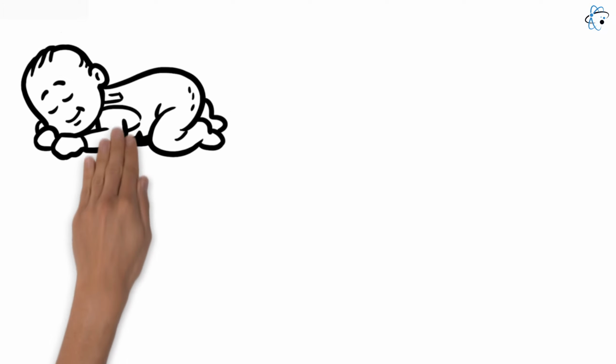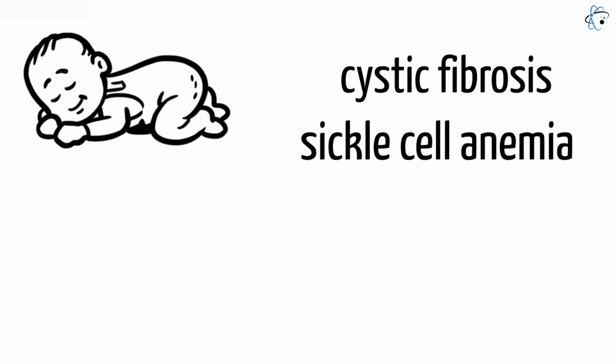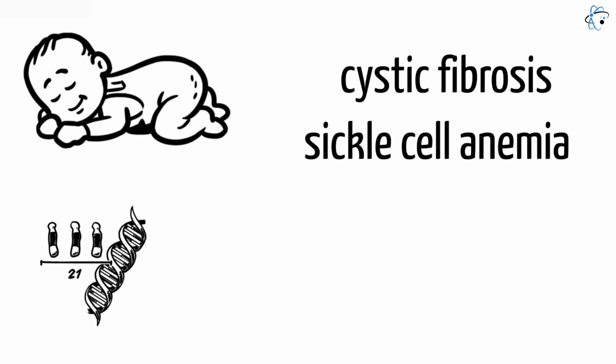PGD is usually used to prevent the transmission of serious genetic diseases or disorders to a child. For example, it can be used to identify and select embryos that do not carry inherited diseases such as cystic fibrosis or sickle cell anemia. PGD can also be used to test for chromosomal abnormalities such as Down syndrome, which can lead to birth defects or developmental delays. While PGD can be a useful tool to help couples with certain genetic conditions have healthy children,